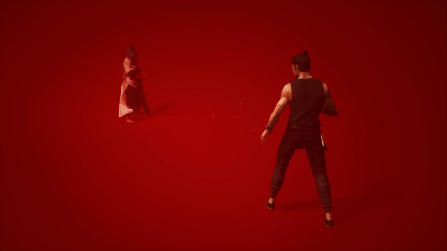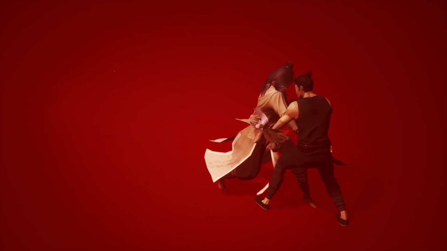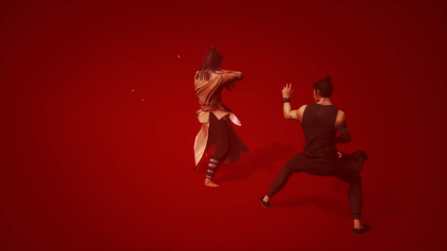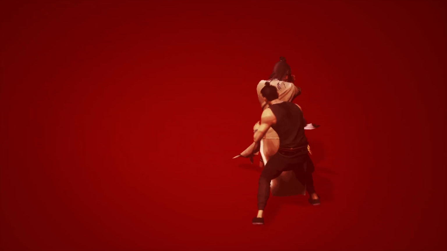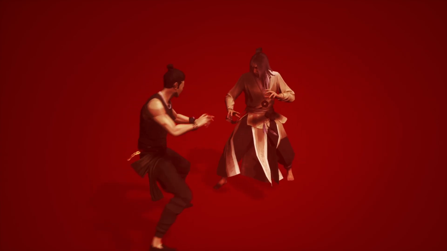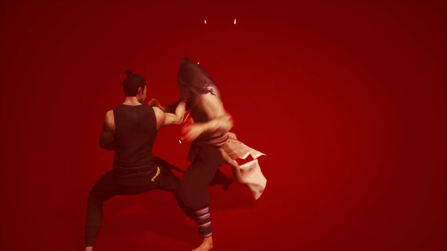And the third way is by doing some kind of a claw attack. And this one is pretty safe. It's easy to see. You can easily see it coming and you can dodge it right away. With that said,